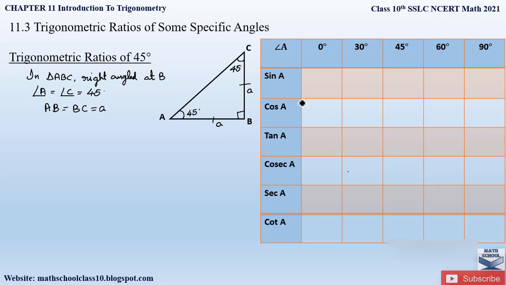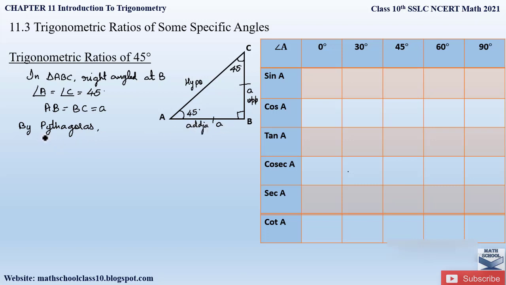To find out the trigonometric ratios, we have to know all the 3 sides in a triangle, right? So here we know 2 of the sides. Now let us find out the third side. How do we determine the third side? Since triangle ABC is a right angle triangle, we will apply the Pythagoras theorem, which gives the third side, the hypotenuse. Here the hypotenuse is AC, the perpendicular side is BC, it is the perpendicular or the opposite side, and the adjacent side will be AB, right?